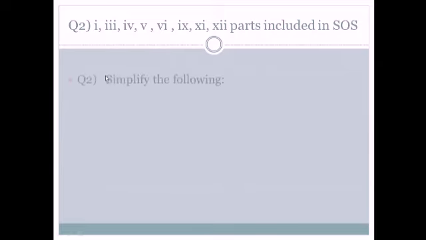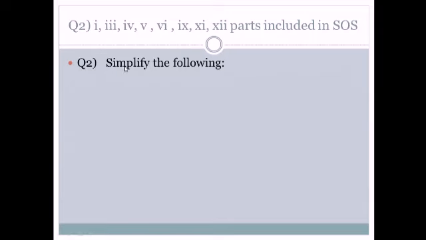Come to the first part. Question number 2 is simplify the following. In question number 1, you were given different rational numbers and you found their additive inverse and multiplicative inverse. In question number 2, you are given rational numbers and you simplify them. If it is given in the form of addition, you add them. If it is given in the form of subtraction, you subtract them. If it is given in the form of multiplication, you multiply them and simplify. And if it is given in the form of division, you divide them and simplify